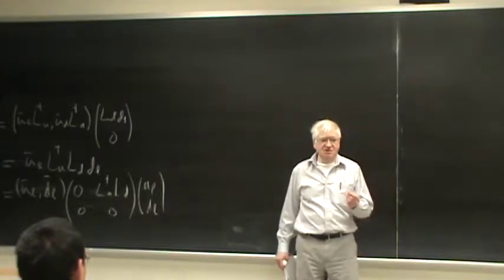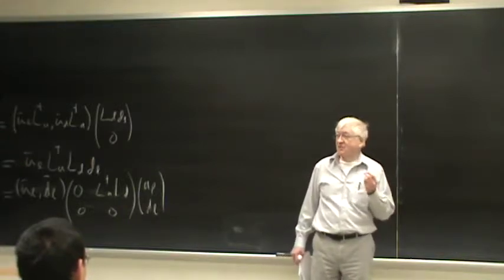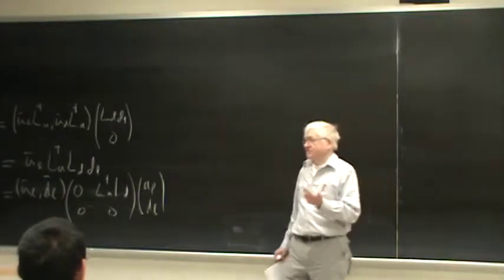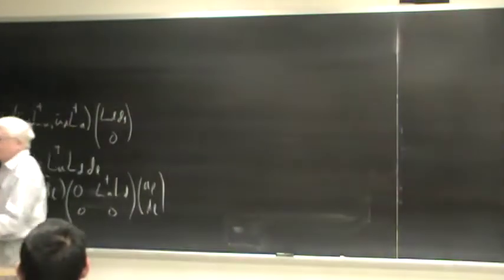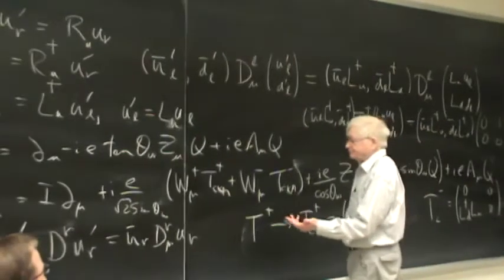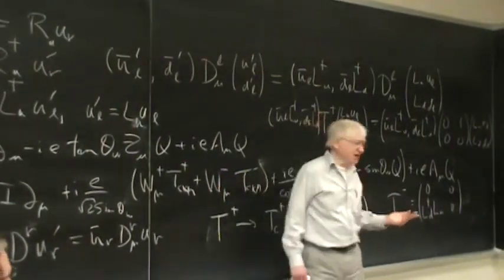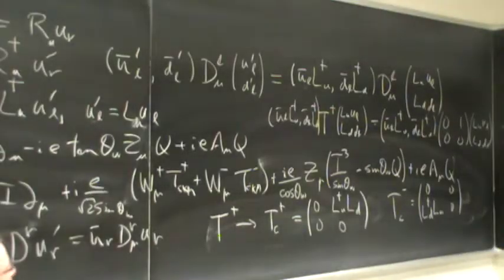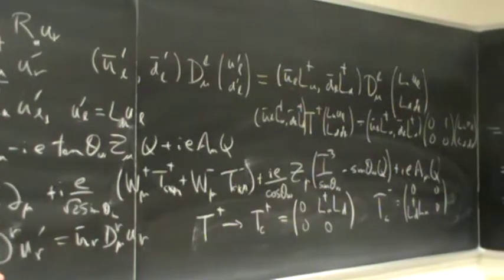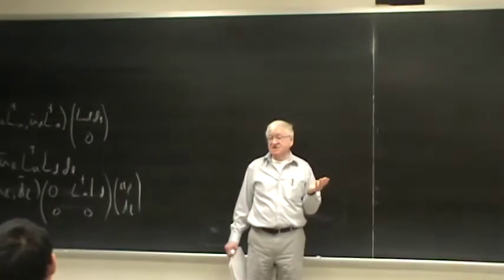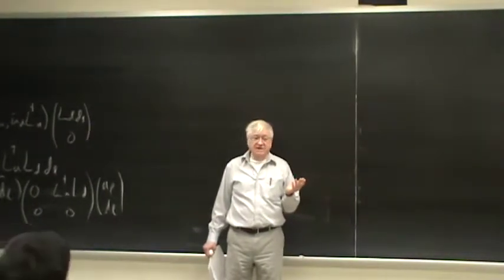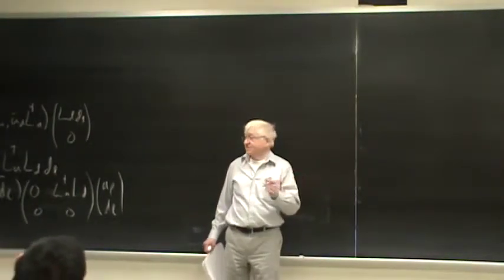And it's not just the little, it's the whole thing. Because the reason is that the W's only interact on the left-handed fields. They don't interact on the right-handed fields. So it's maximally broken, which is something that's very hard to understand in as much as the rest of it,